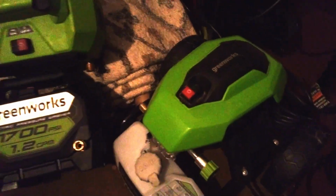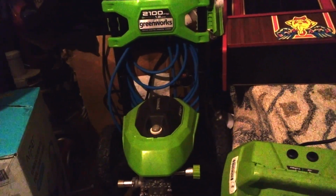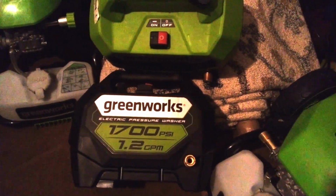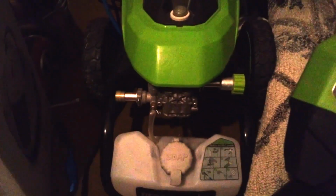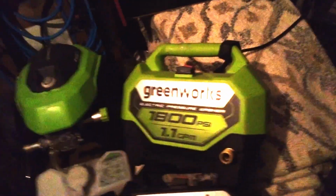GreenWorks pressure washers. A lot of you are having problems with the pressure washer not coming on. Well, I'm going to let you know what your culprit is in just a minute. If you're plugging up the GreenWorks pressure washer and you're not getting any power, whether it be the 1700 or the 1800 or the small portable 1800 or the big one, the 2100. If you're having these problems and you can't turn on the GreenWorks, I'm going to show you pretty much what's